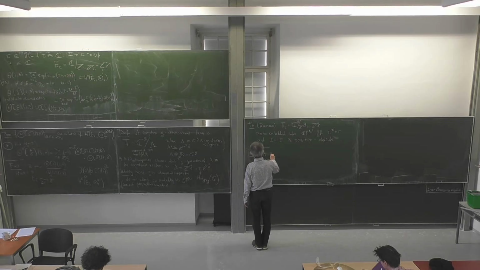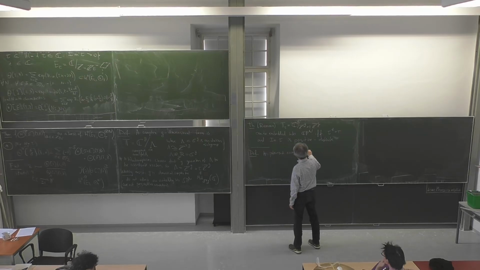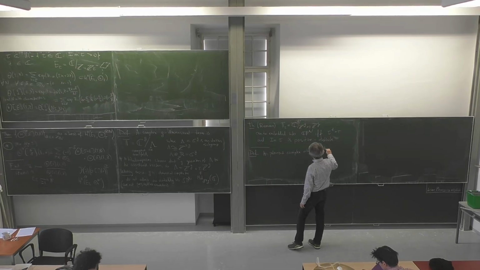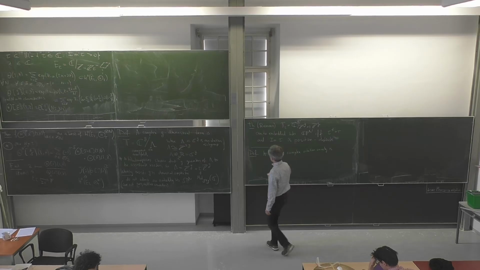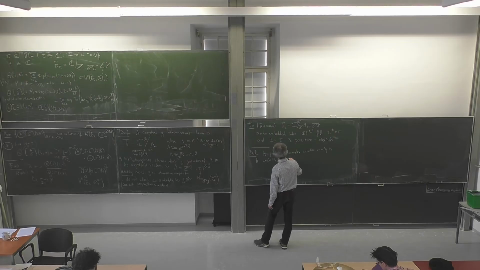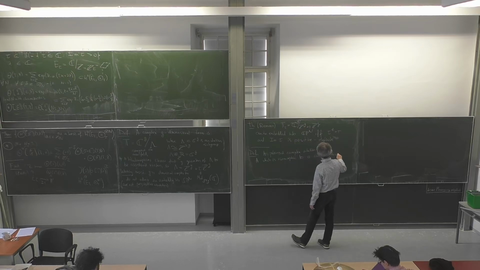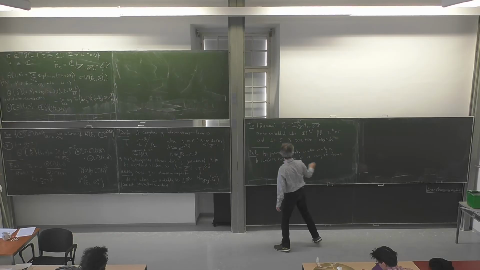A polarized complex abelian variety is A, which is isomorphic to a complex torus, which is equivalent to, say,